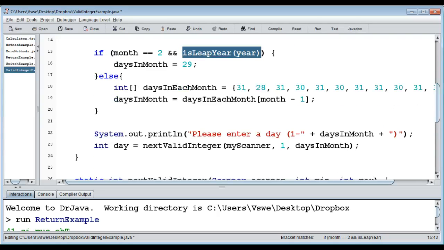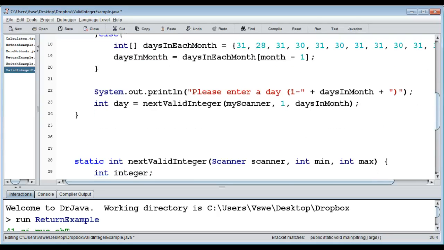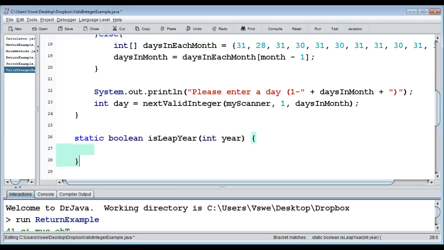Okay, so let's create the isLeapYear method. Here we go, static boolean isLeapYear. So this is the method here, and as you are discussing now in the Twitch chat, I'm going to do the proper way. I'm not going to do every 4th year is a leap year, because that's not the case. I'm going to do the proper one. It's quite a simple algorithm,